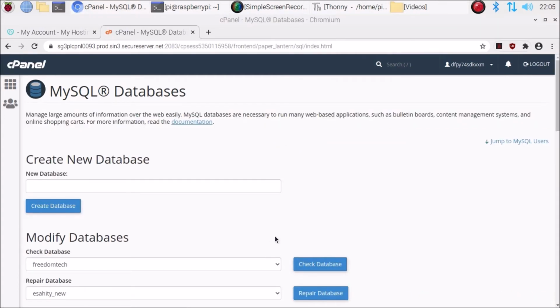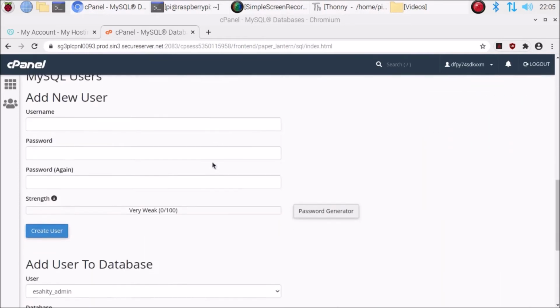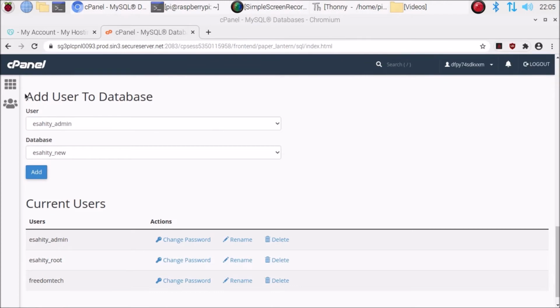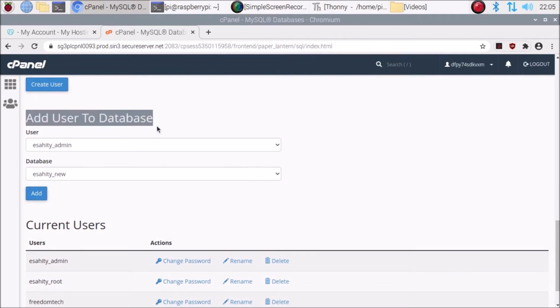Then friends, just scroll down this MySQL databases page. Scroll down and come to the add user to databases section. As you can see, here in the add user to databases section we need to add our user to our database.